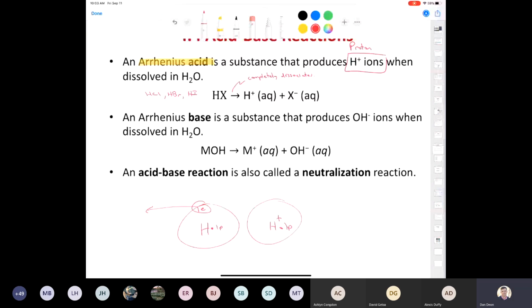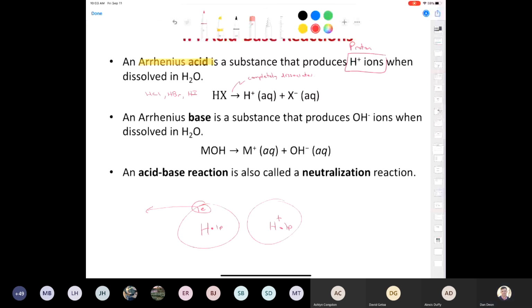Yeah, if it dissociates into ions, it's an electrolyte. Absolutely. Yes, a strong electrolyte, right? An Arrhenius base is a substance that produces hydroxide ions when dissolved in water. So if you take some kind of metal hydroxide, the metal, not always, but usually, is a group 1 or group 2